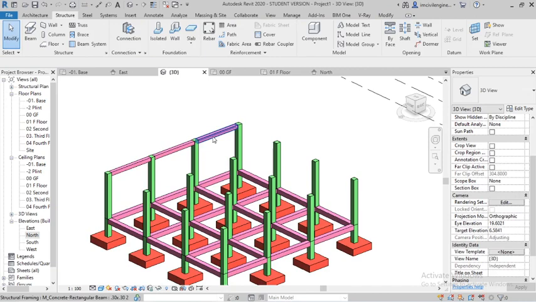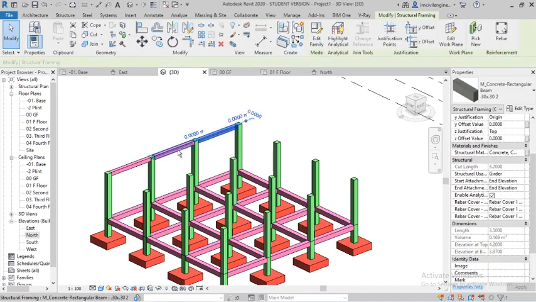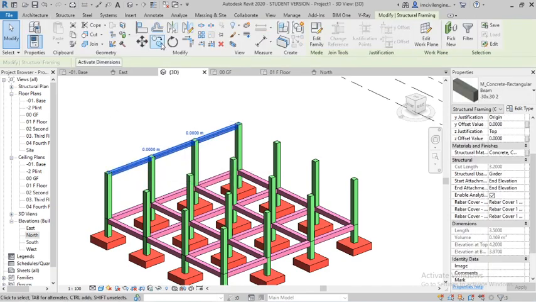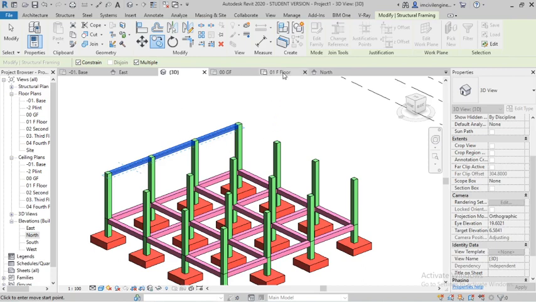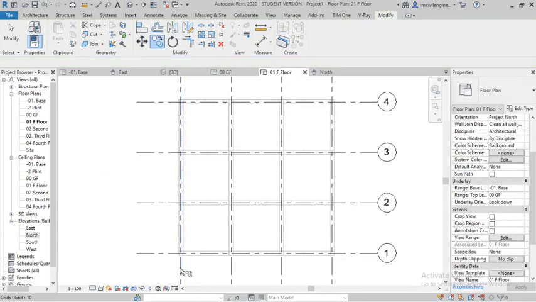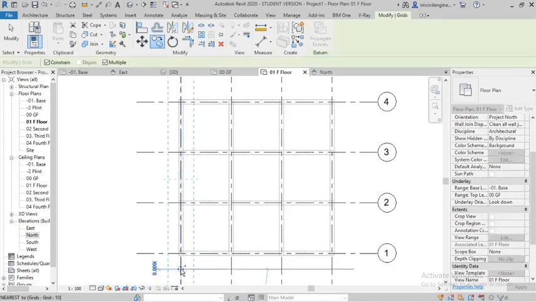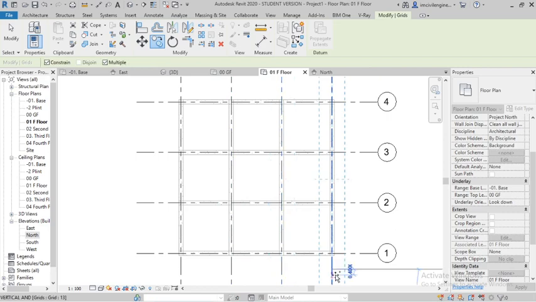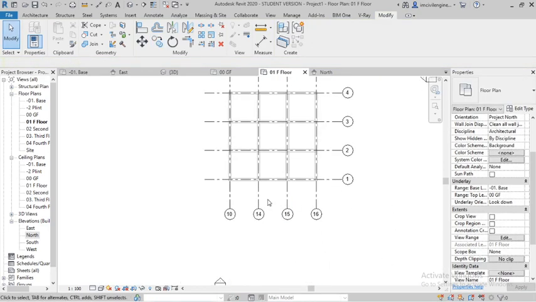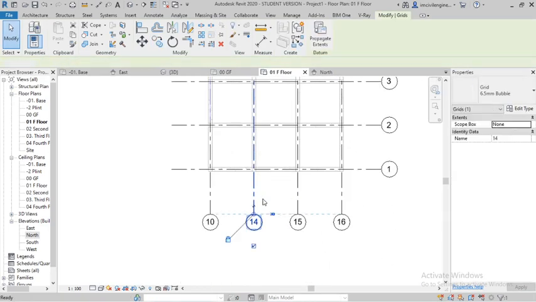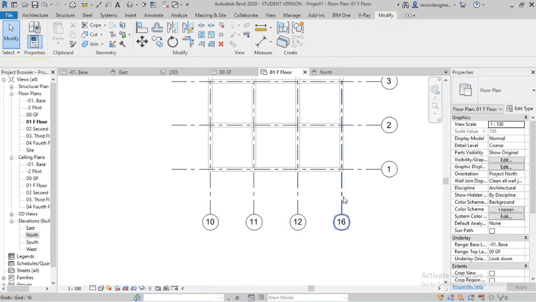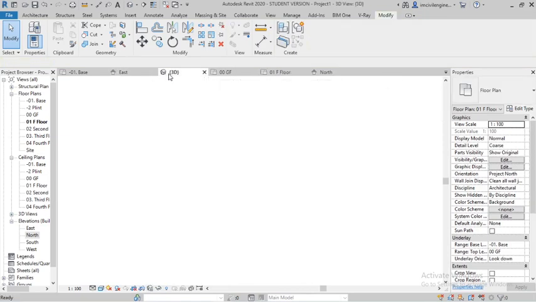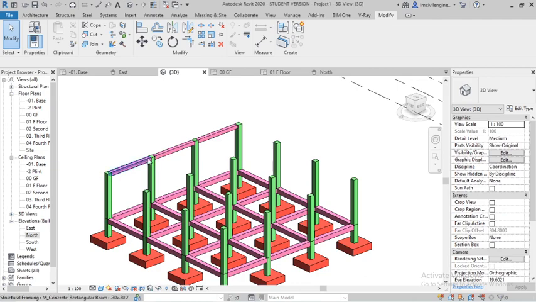So you can copy. You can check 3D. So that's okay, fine.